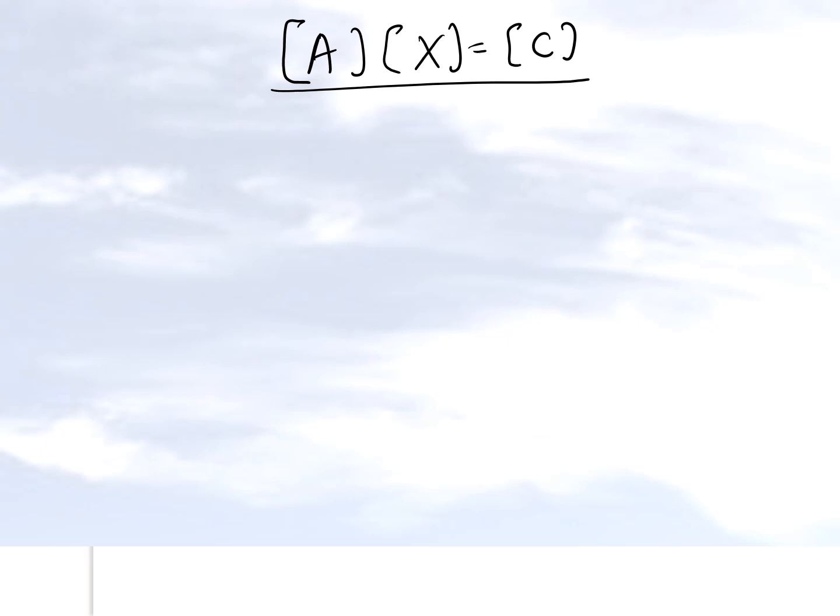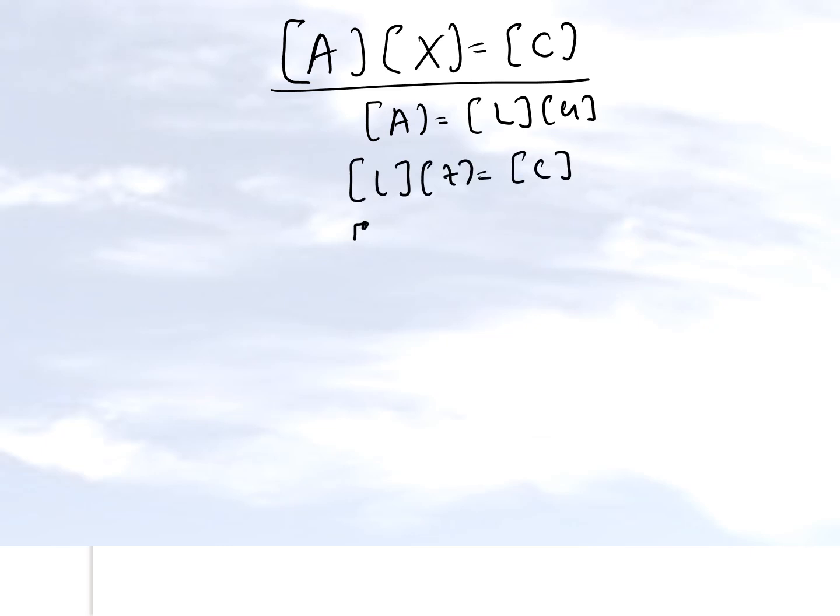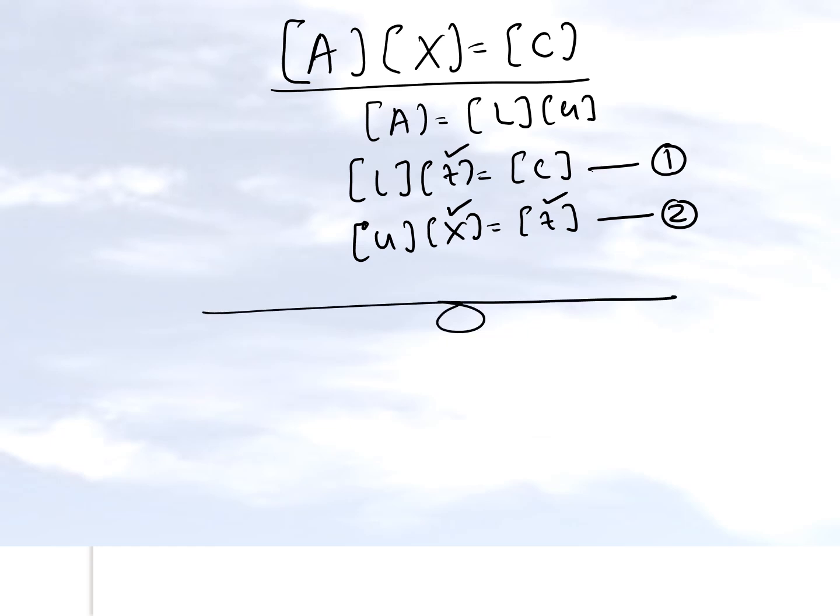What we need to do is, let's first recall what LU decomposition is. We have AX equal to C. We write our A in the LU form, and then we first solve L times Z is equal to C, and then we solve U times X is equal to Z. So this becomes our first set of equations. This becomes our second set of equations. And once we find Z here, we put it back in here, and then we can find X. So let's take the first part separately and the second part separately.